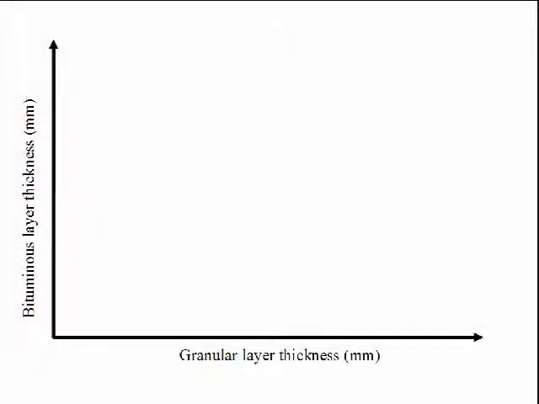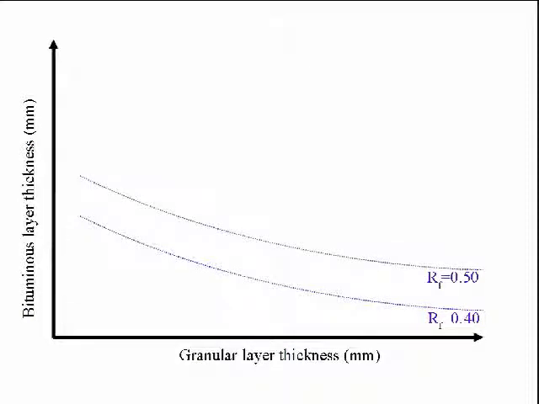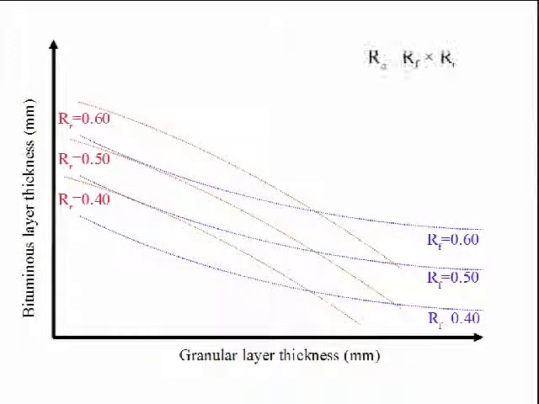So once again, I go back to the chart which I was showing, the bituminous layer thickness and the granular layer thickness. If you are plotting the reliability values, they would look like this. As you go up, 0.4, 0.5, and 0.6 like this. This is about the fatigue part. And similarly, the rutting part is like this. And we just now agreed that we are going to use at least either due to fatigue or rutting as our definition of the overall reliability. And therefore, I can multiply the values and keep writing here. And then these are my overall reliability values.